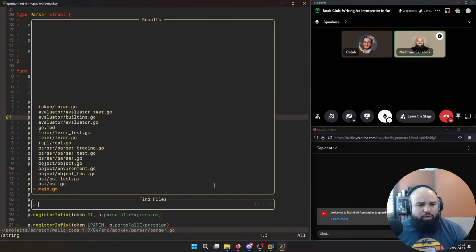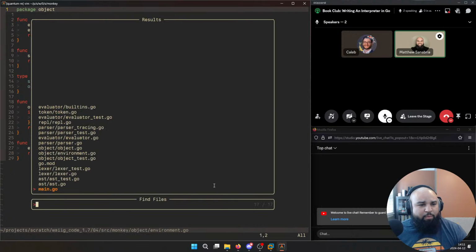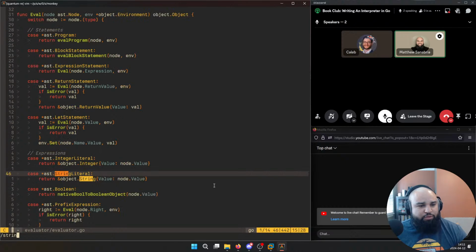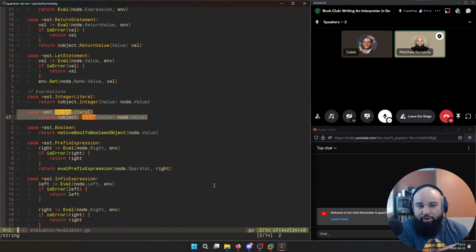And then the last one was, I think this was an object. I don't remember where this was. Maybe it's an evaluator. I didn't look at the full source code beforehand because I got a phone call. Yeah, so the last thing that we needed to do to add string support was just update our evaluator to take that AST node of a string and return an object. And ta-da, we have strings.